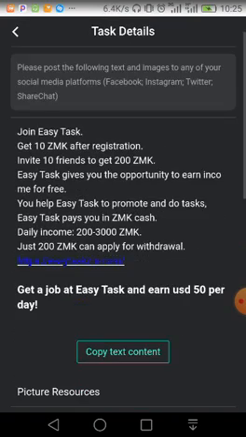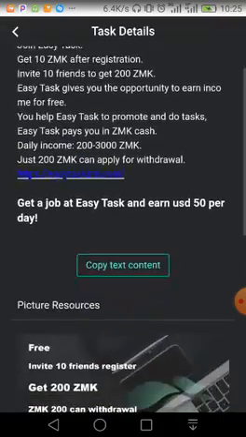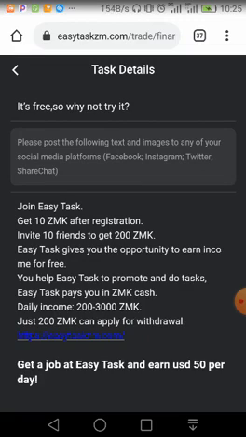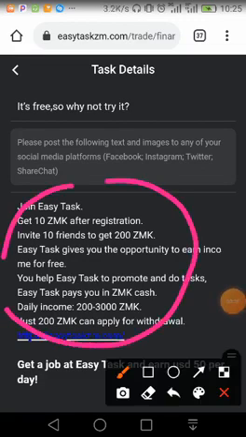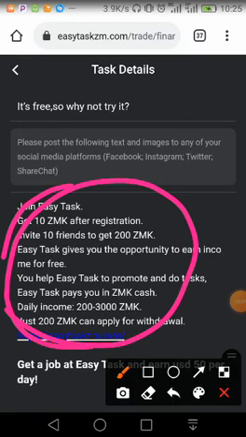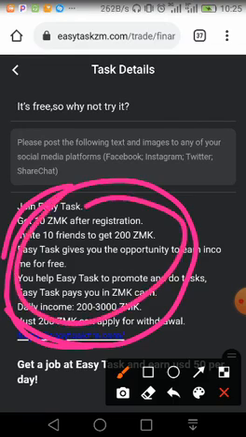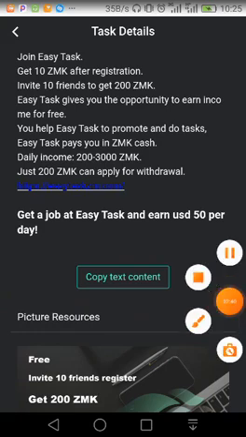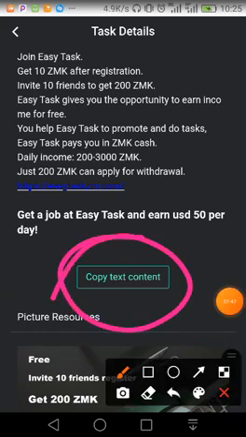After you click here, to understand better, all of this has to be on Facebook when you're about to post. Now the question you're asking is, how are we going to copy all this? It's very simple. You just click here, copy text content.